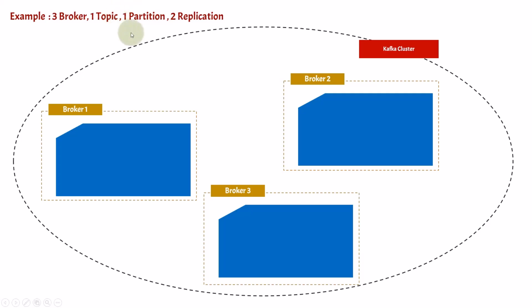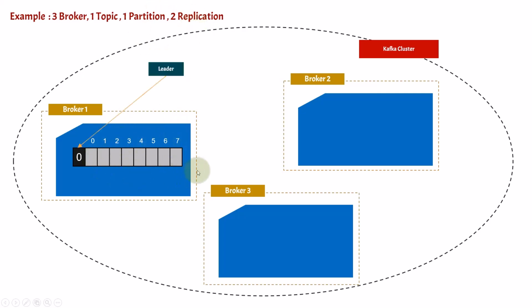Now the partition count is 1, but the replication factor of the topic is 2. Since the partition count is 1, only partition 0 is present. If there are more than one partition, then it can be 0, 1, 2, 3 and so on. So the partition count is 1 but the replication factor is 2. In this case what will happen? There is a replication factor, which means there will be another instance of this partition. First of all, this partition will be called the leader, and the second partition will be called the follower.